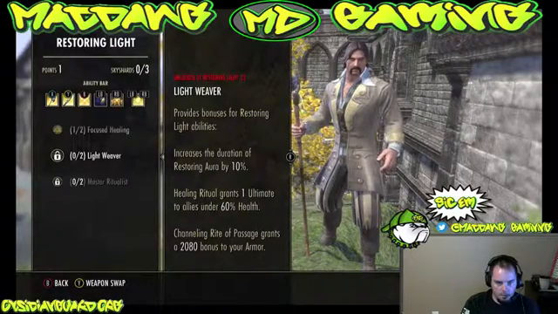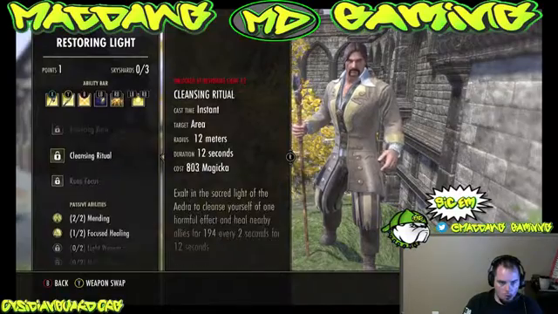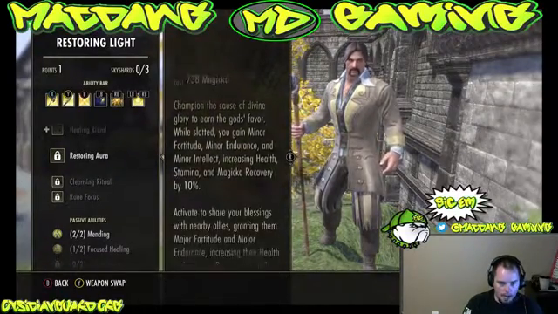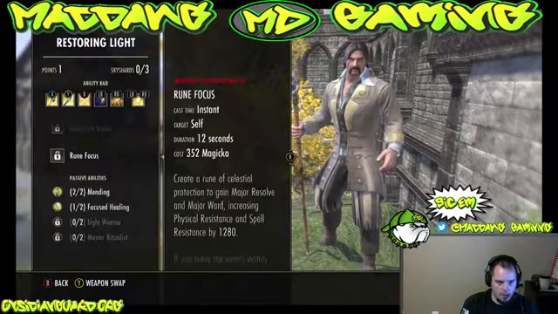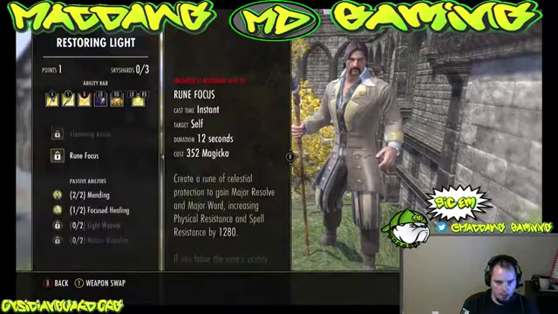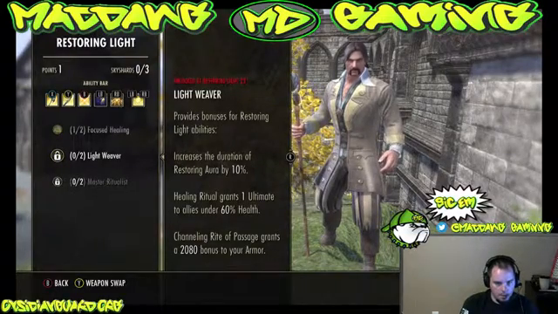The Light Weaver increases the duration of Restoring Aura by 10%. The good thing about this passive is up here on your Restoring Aura, notice it only has a radius of 12 meters and a time of 12 seconds. So you cast that in the buff phase and they run to fight the boss, but you're trying to stay back at this 28 meter range. That's where you want to be. You want to be living away from the fight so none of your melee guys have to run to get to you. So what this does is